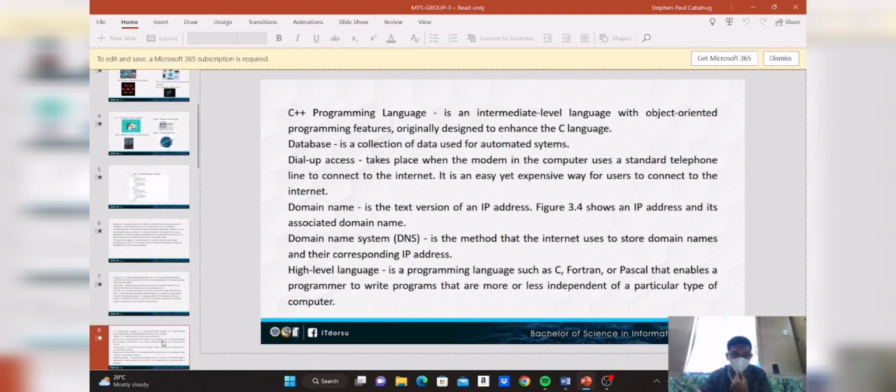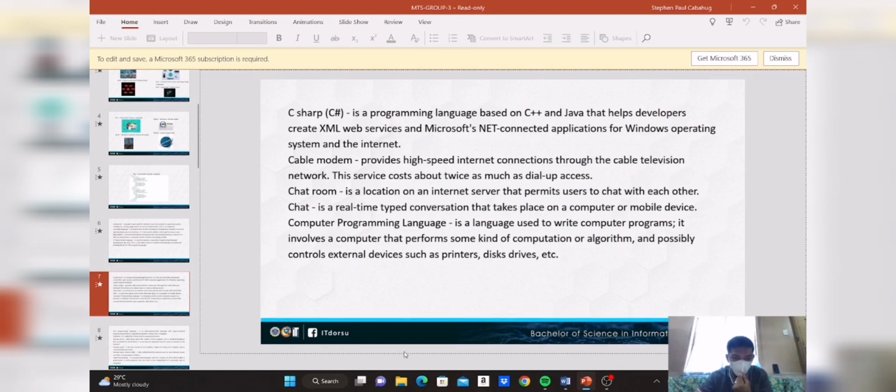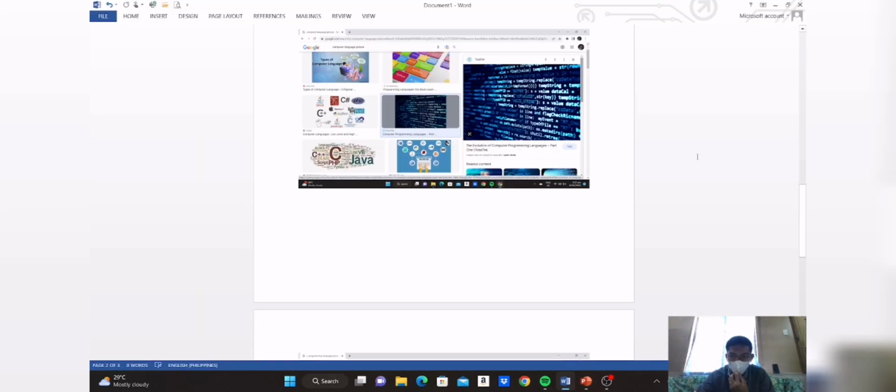So next is C++ programming. Oh, no, it's not yet a computer, it's a cable modem. So the cable modem provides a high-speed internet connection through the cable television network. This service costs about twice as much as